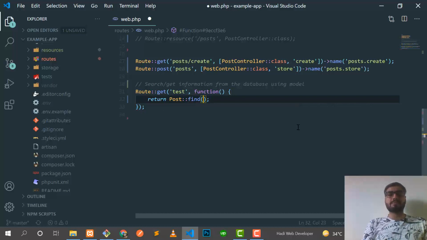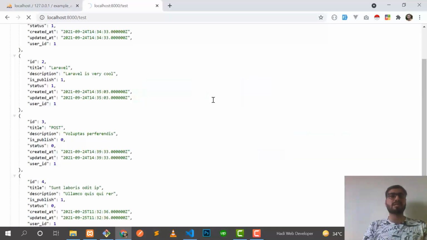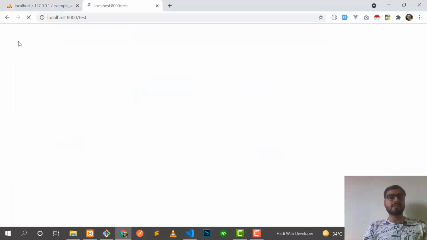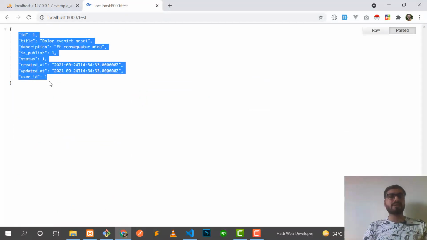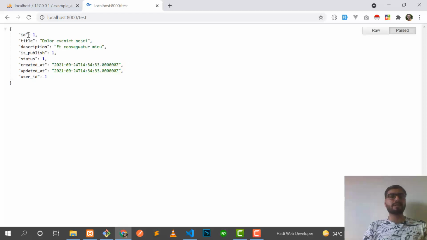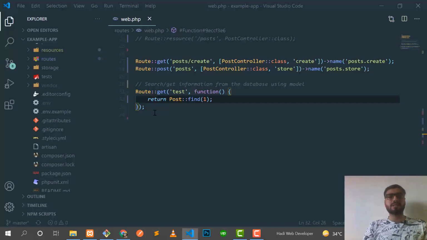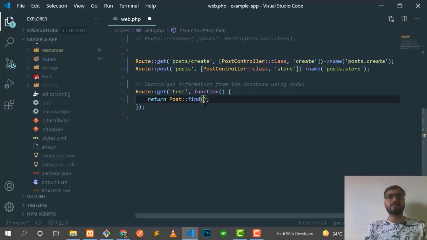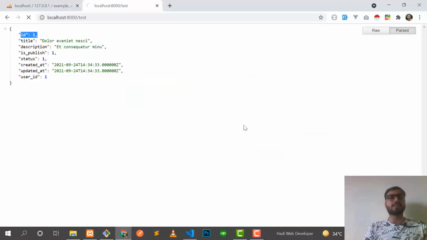This find accepts an id. I'm passing 1, so it will fetch post 1. Save this one and give it a refresh, and yes, now it's returning only one post where id is 1, right? You can also fetch the post of 3 or 2, stuff like that. Give it a refresh, and yes, now it's returning post 3, right?